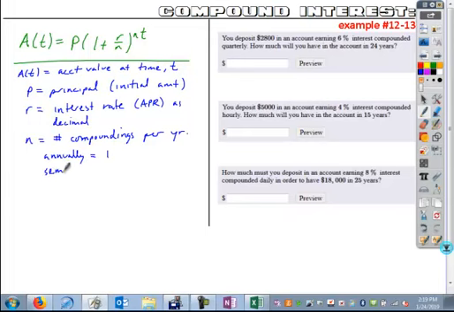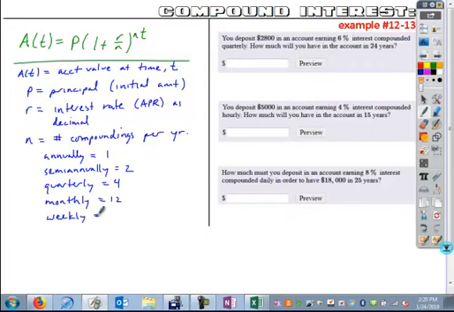If it's semi-annually, the number of compoundings is 2. If it's quarterly, there's 4 quarters in a year. If it's monthly, there's 12 months in a year. If it's weekly,